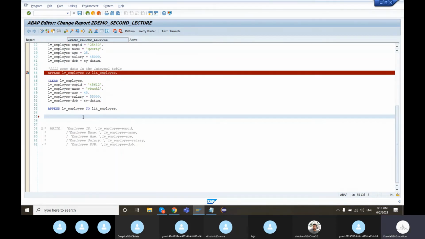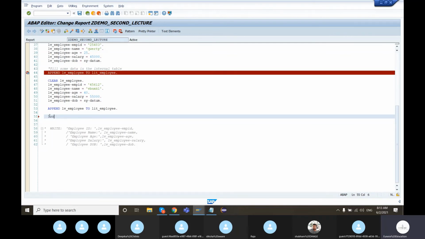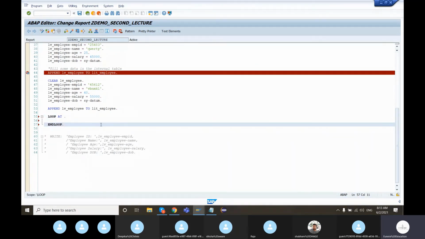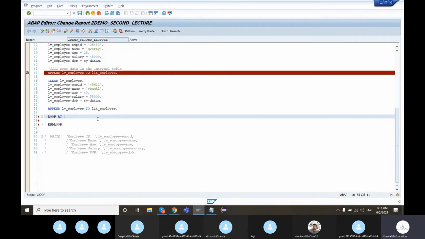We are not trying to learn new syntax, but this was just general info regarding the loops that are supported. The loop we are going to use is a very trivial loop. The statement is loop. Once you type loop, it gives a pop-up, and then press tab. It's going to create the loop structure for you. The statement structure is loop at, loop at the internal table.